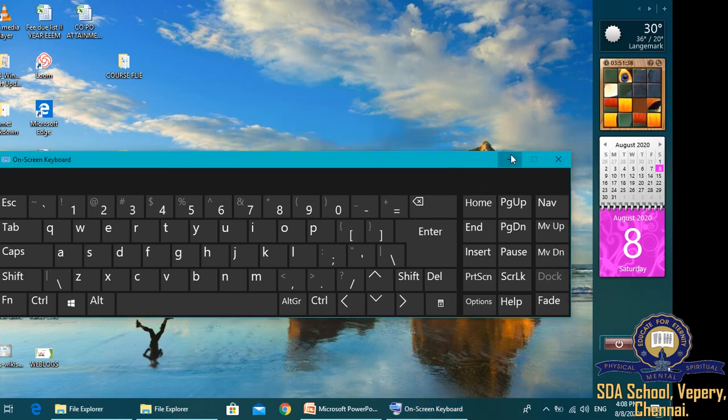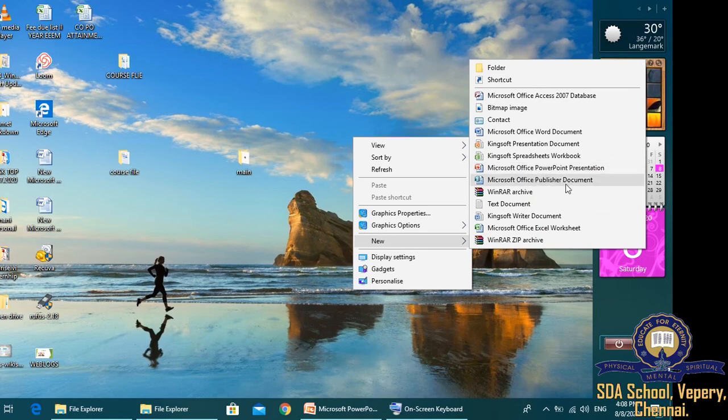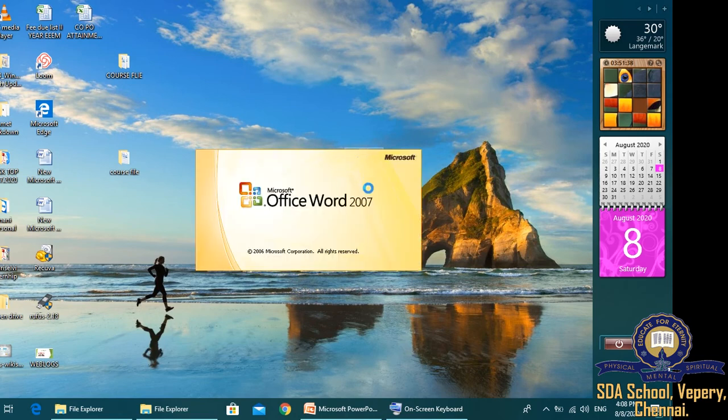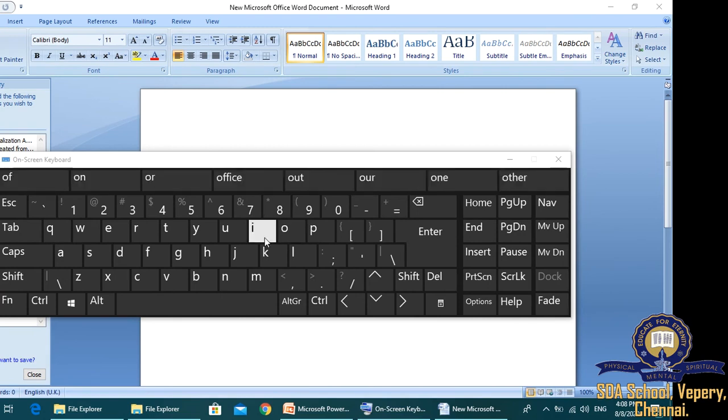You have to right click and open one document. I will open a Word document. I will show you how to use the on-screen keyboard. You see, children?